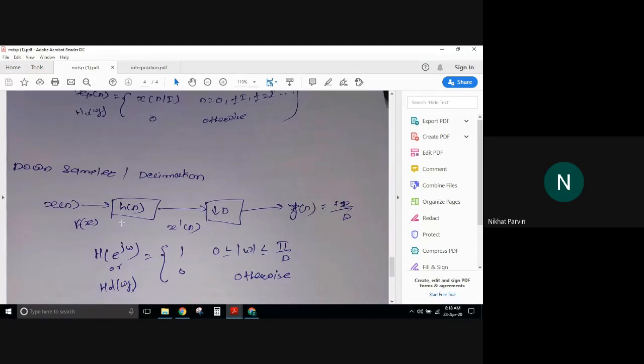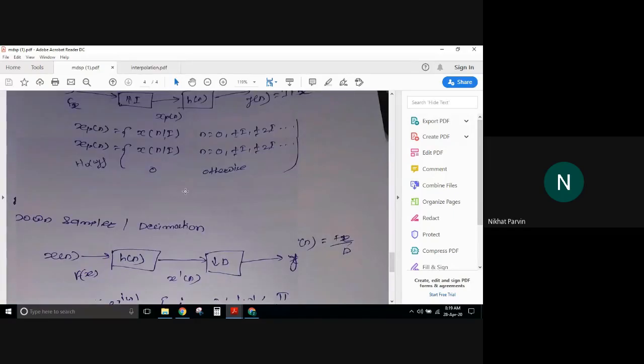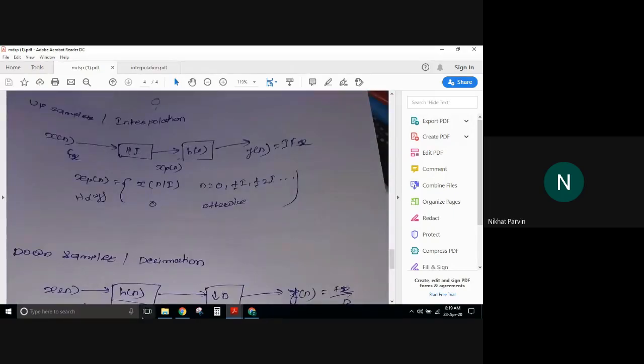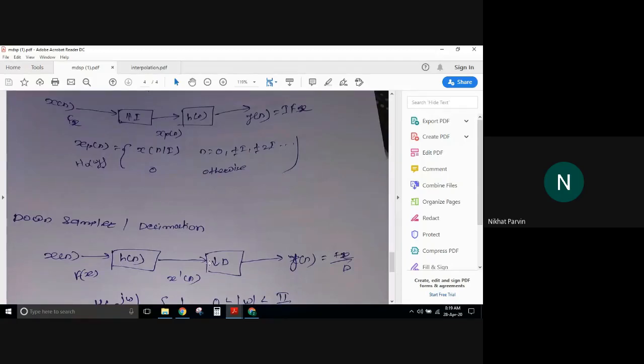So again, what is the work of this? When you pass the input through the low pass filter and then give it to the downsampling, it will act as decimation. So in interpolation, you first have the I upsampling followed by the low pass filter. Here, first the low pass filter followed by the decimation. What is the difference between these? Both of them are low pass filters, only the work they are doing is different. Though they act as low pass filters only, rejecting frequencies, the thing is whether it is at the input or at the output.